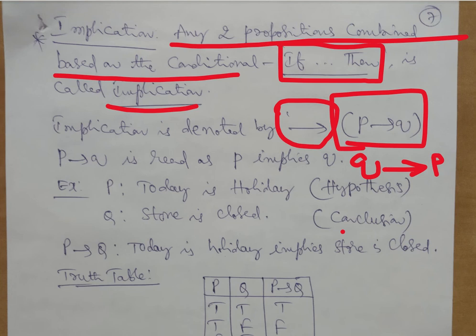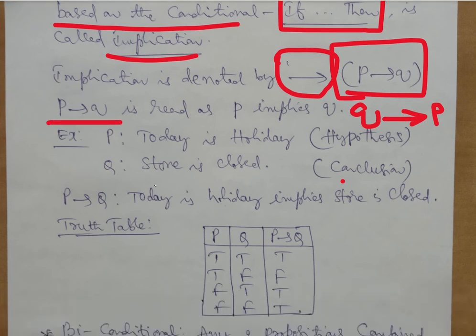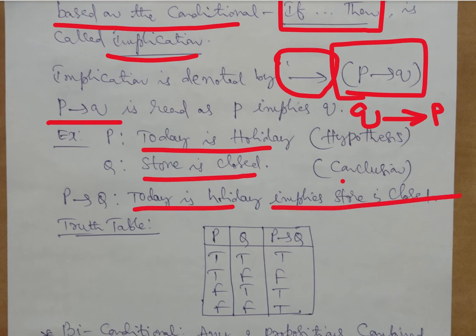So P implies Q is different from Q implies P, because the condition is if. Here the if is P, but here the if is Q. If this condition, then what happens there? If that is the case, P conditional Q is not equal to Q conditional P, just simply mathematically not possible, because the entire meaning is different. So that you should be keeping in mind. So P implies Q, this is how it is read. And for example, today is a holiday, you can take this as one statement, store is closed. So today is a holiday implies store is closed, or you can write it the other way: if today is a holiday, then store is closed.